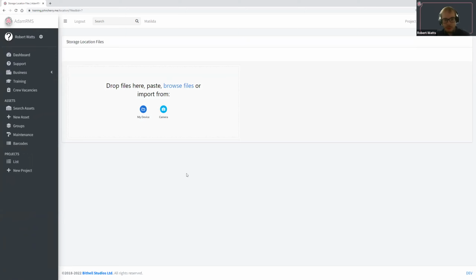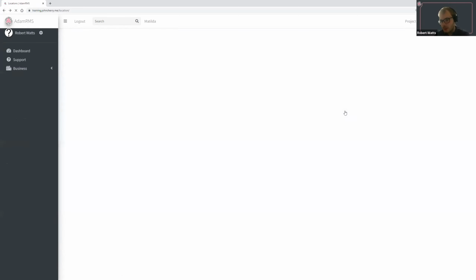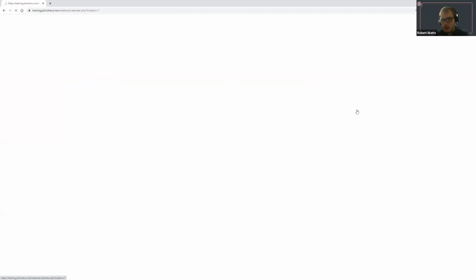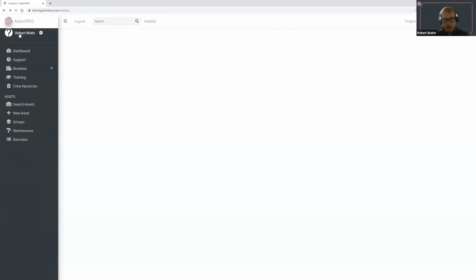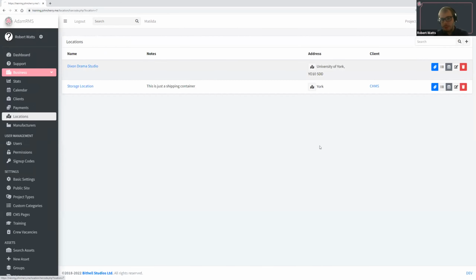So for example, if you've got a default rig diagram or a default sound plot or whatever, or we've put radio mic frequency diagrams for the particular venues in here before, it means that you can then see when you're planning an event all those sorts of files, and they're stored with the location. I can see the calendar for the particular location, and that will show me all the events that are happening there. Again, in this instance, because I've just created it, there aren't any events. And I can also create barcodes for the